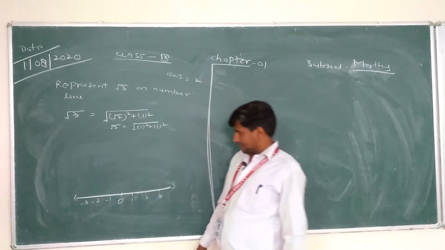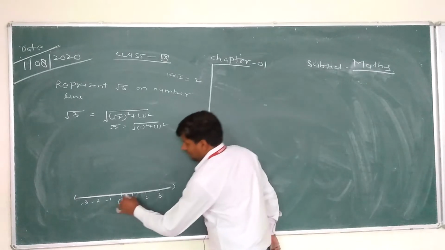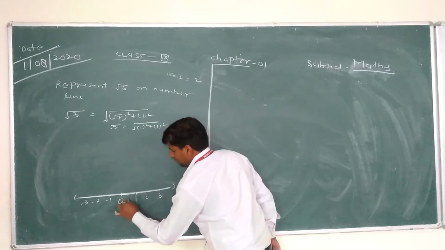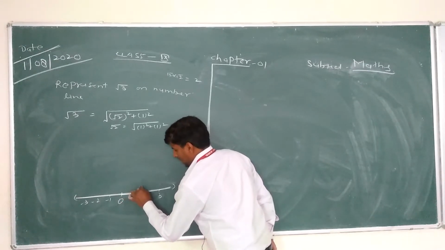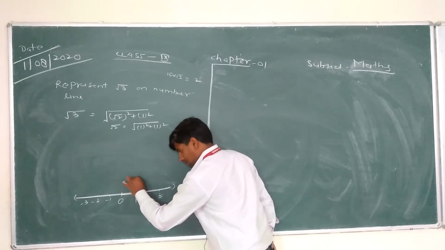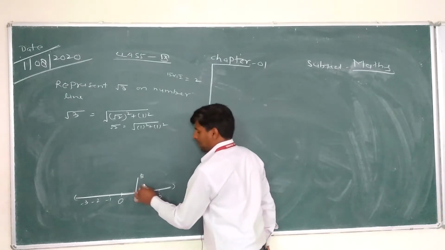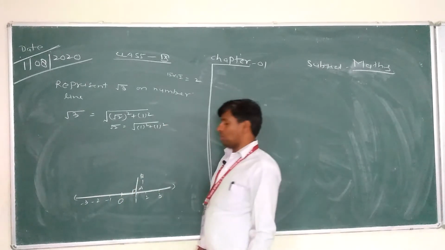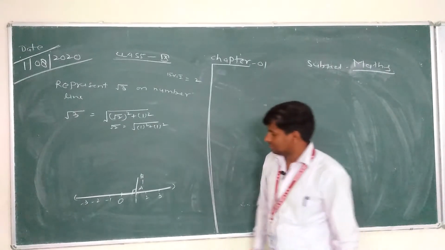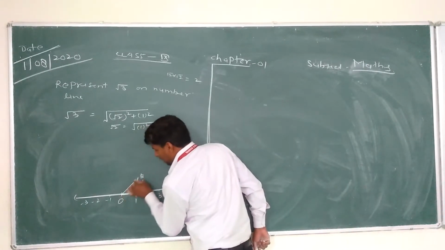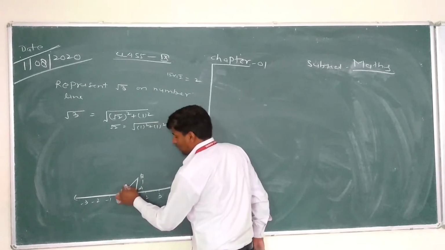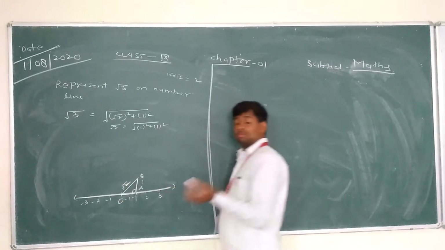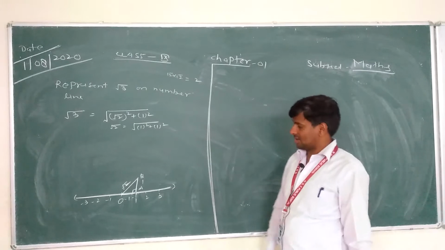Okay? Then see here, how can we represent it? First we draw a straight line of 1 centimeter, that is point A. And again draw a line AB, that is 1 centimeter, which is perpendicular to the given line at point A. That's clear? Then join this, so OB represents root of 2. That you can understand from the previous class.